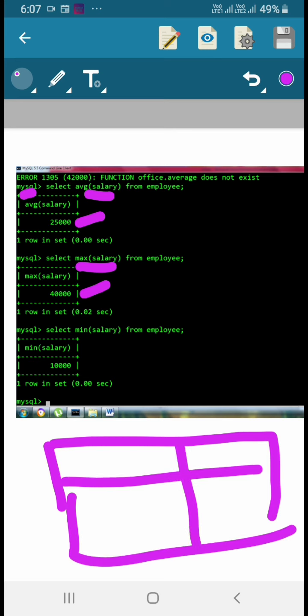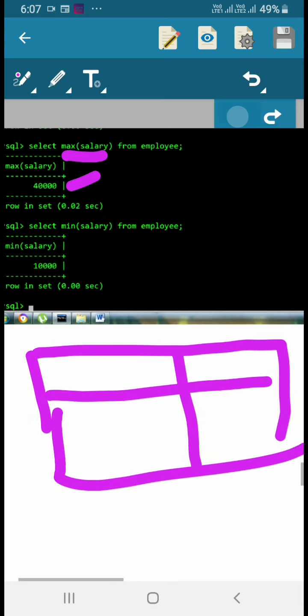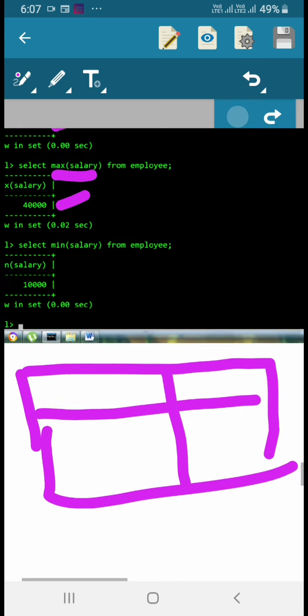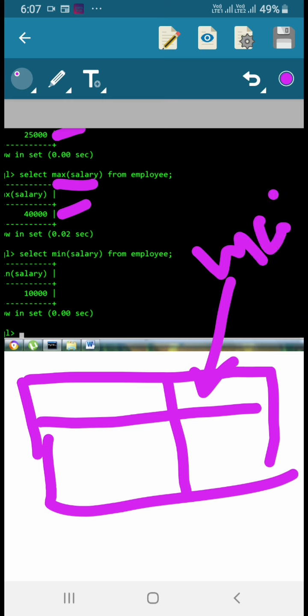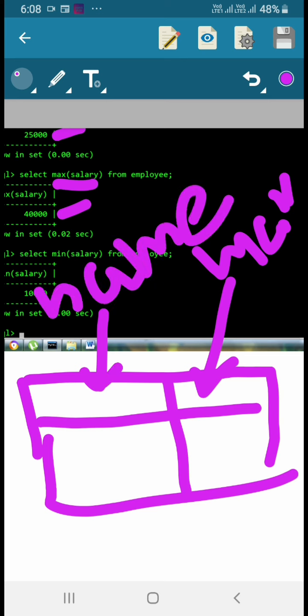The first column tells about the e-name. The second one tells about the max salary. So this tells about the e-name and max salary.